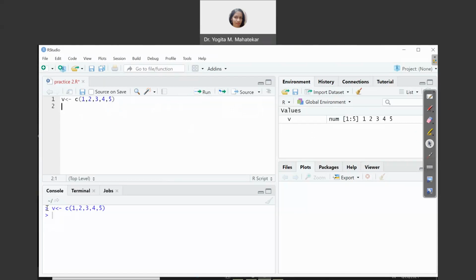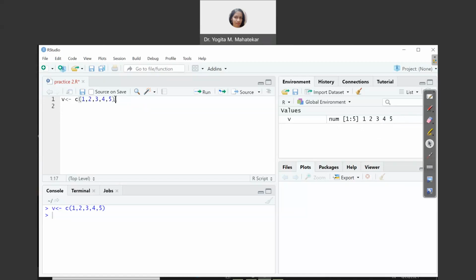One can see here in the console the command is executed, and in the workspace window it is showing the particulars of that variable v. Variable v is a numeric variable from 1 to 5, and the object name is v. The entries are 1, 2, 3, 4, and 5. So this is how it goes.